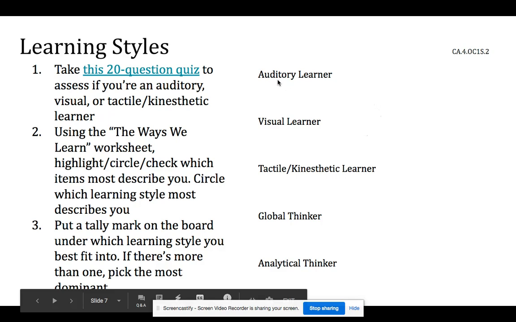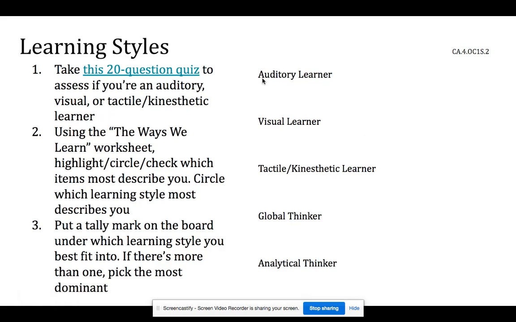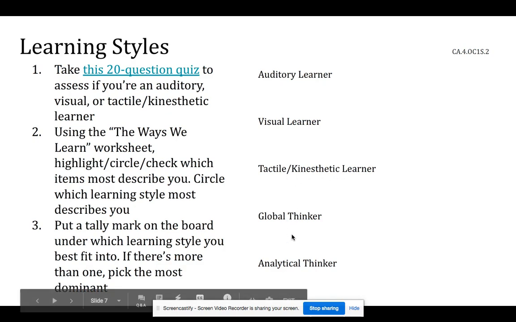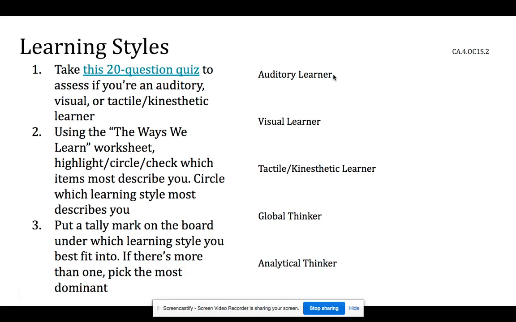So if you're an auditory learner, think of audio, that's sound. So that means you probably learn the best by hearing something. But if you're a visual learner, you're going to learn the best by visualizing or seeing something. But if you're a tactile and a kinesthetic learner, you learn the best by doing. And these just refer more to left side of the brain and right side of the brain. And so for these 3, y'all can probably identify which one most teachers tend to gravitate towards.